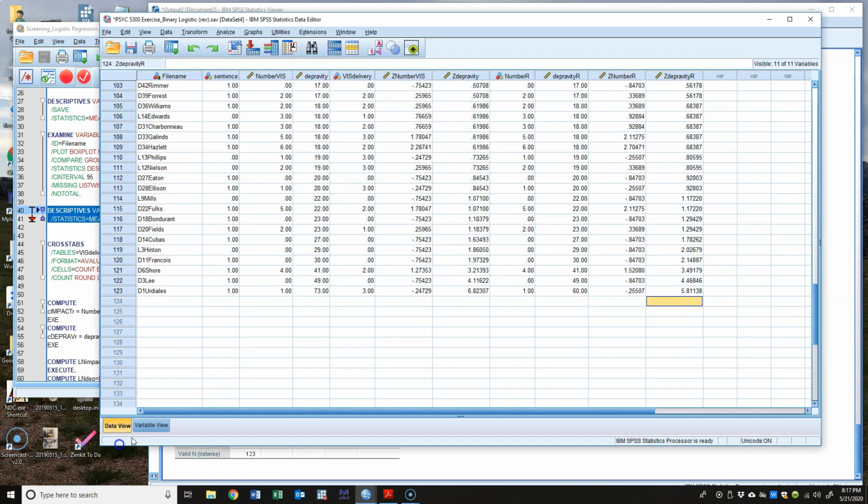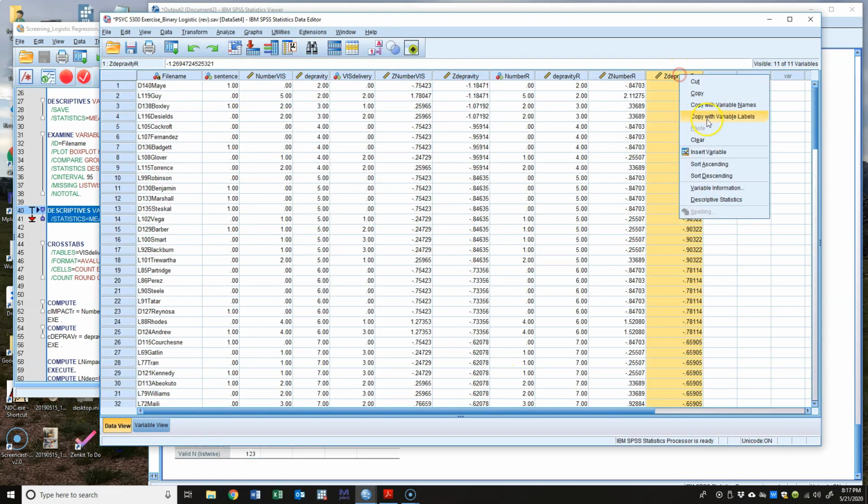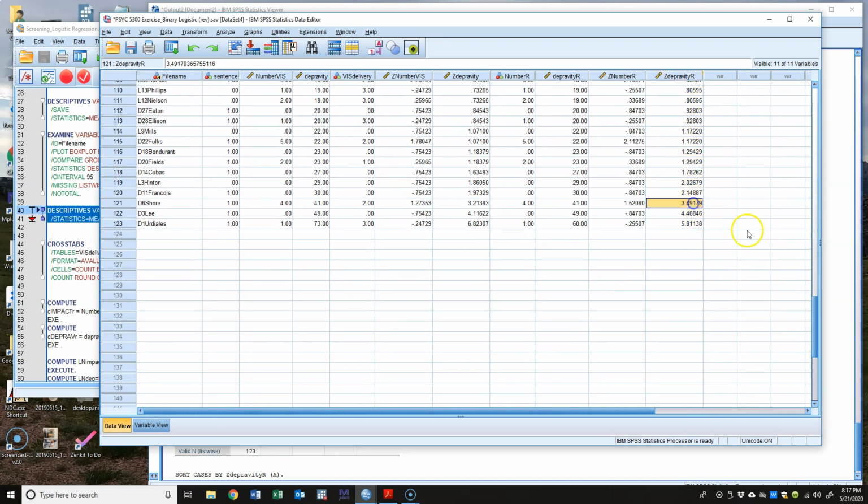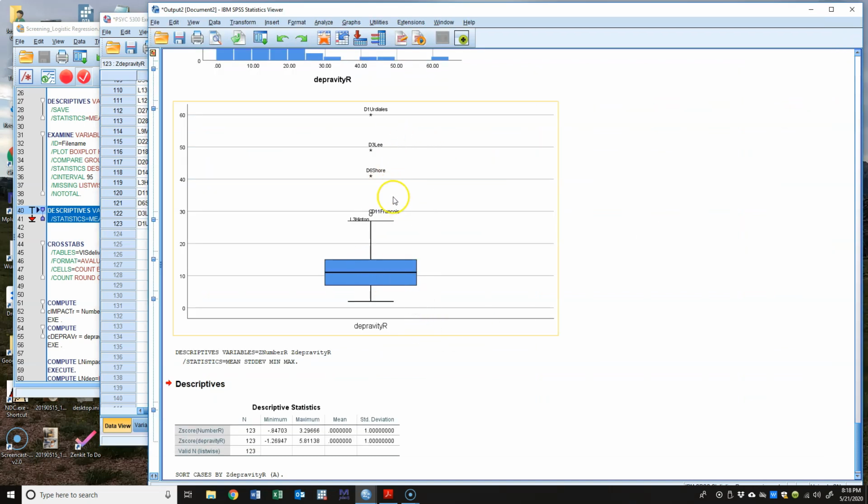If we go through and take a look at our actual depravity z-scores, our one case, our Shore case, that actually increased, which is what happens. That was kind of an okay value before. Now when you pull that in, it starts to become more extreme. So this has actually gone up, as has this. This has gone down. So at this point, this is still not a great